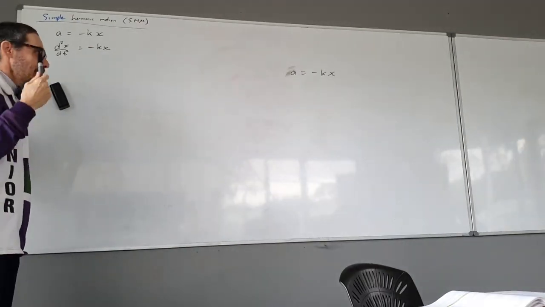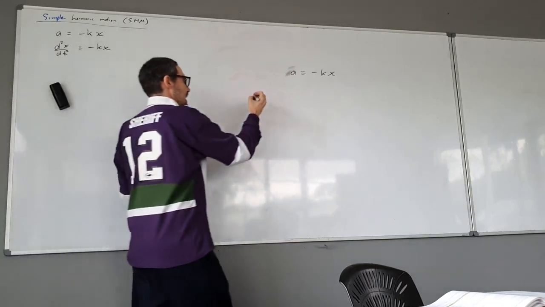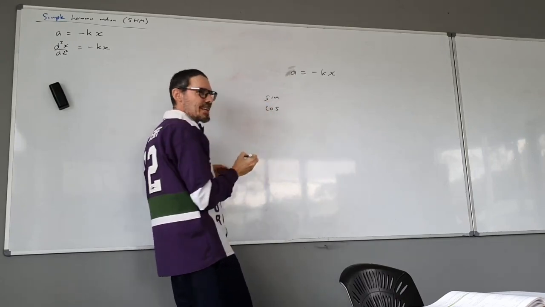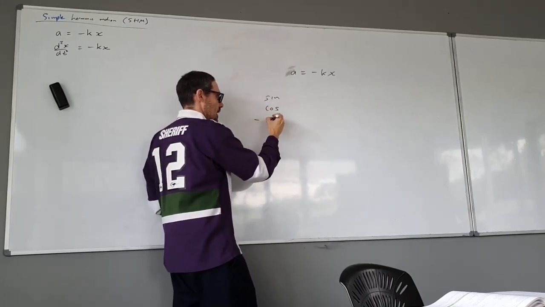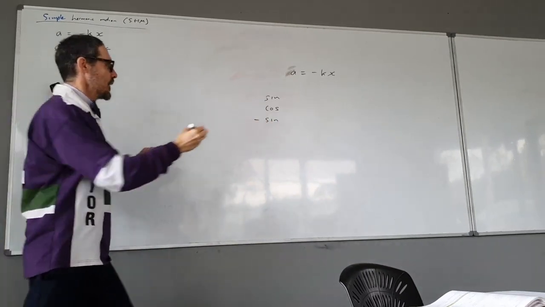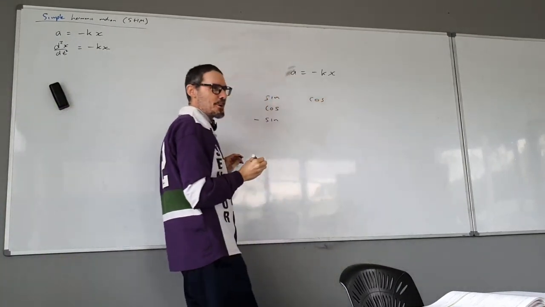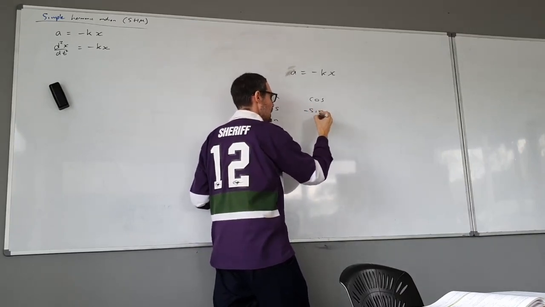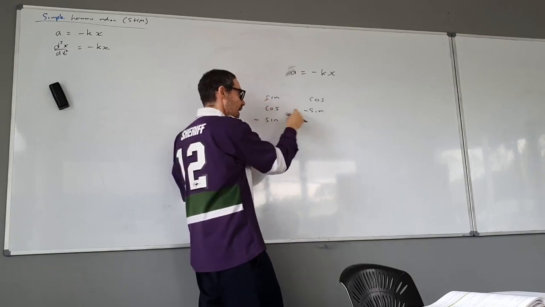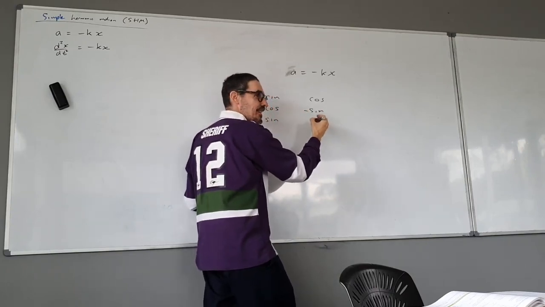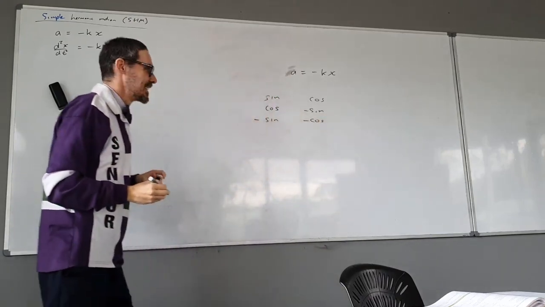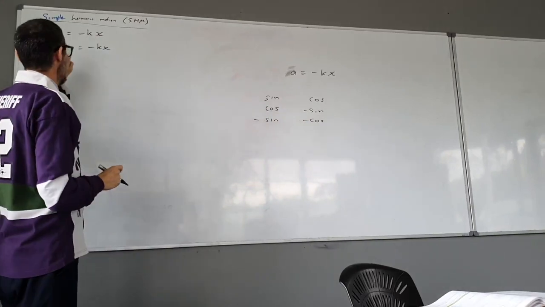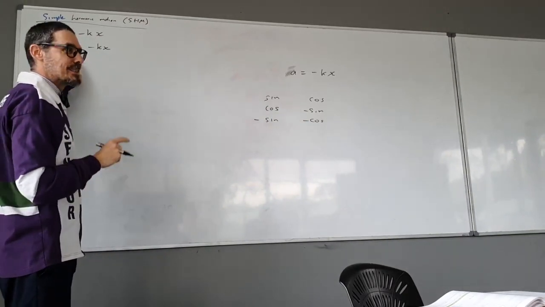Is it another trigonometric function? It is! Think about it. If I take sine and differentiate, what do I get? Cos. And if I differentiate again, what do I get? Negative sine. Look at that. And if I start with cos and differentiate, what do I get? Negative sine. What do I have to differentiate to get negative cos? Negative sine. Correct. This is the negative of what I started with. So this differential equation has the solution,